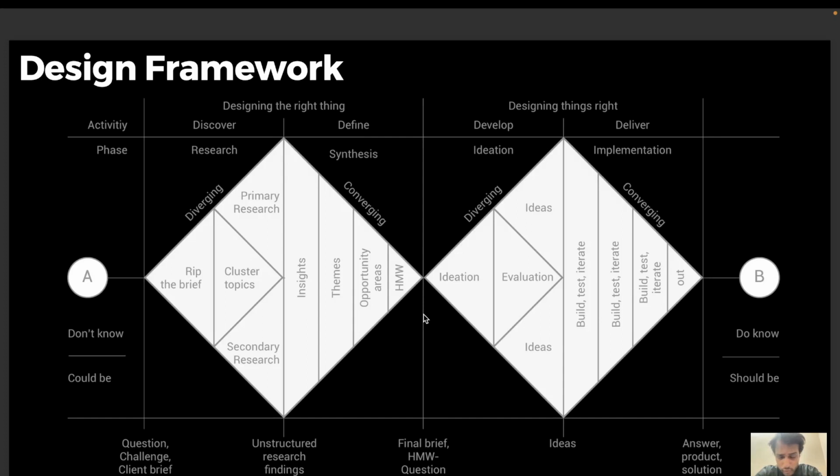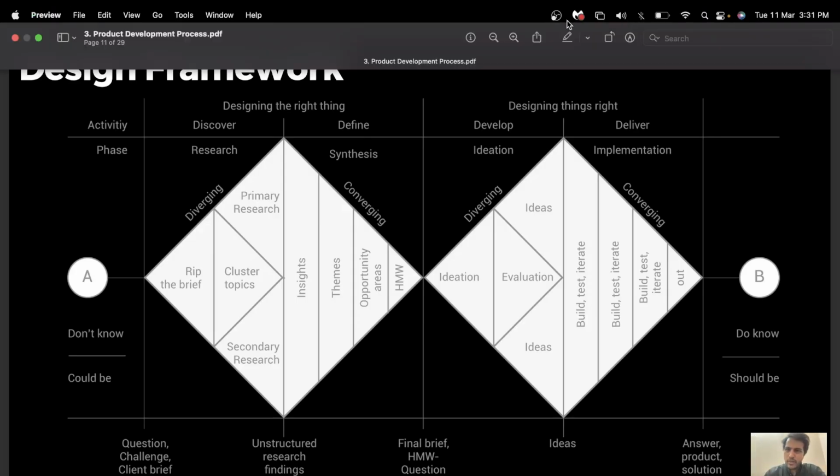You may not be working on this alone as a product manager or product owner. You will have a team with you, an engineering team or design team. Work with them, do this kind of activity. Using that, you will be able to understand